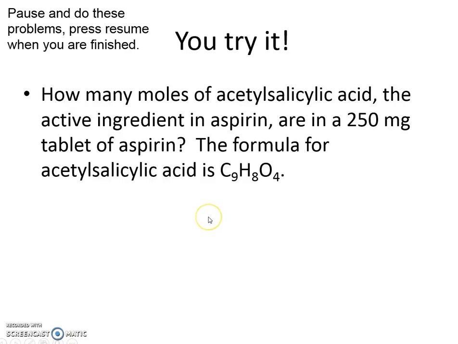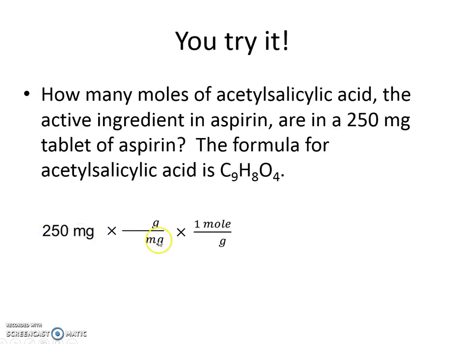Okay, so now here's a problem for you to try. Go ahead and pause and restart it after you're finished. So in this problem, we have a 250 milligram tablet of aspirin, and we want to know how many moles. So what's my given is 250 milligrams. That's what I'm starting with. What's my unit sequence? It's going to be milligram to gram and then to mole. So milligram to gram and then gram to mole. Notice I put a 1 with moles because that's a hint. You don't put any other number but 1 with mole in chapter 3